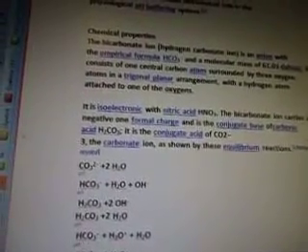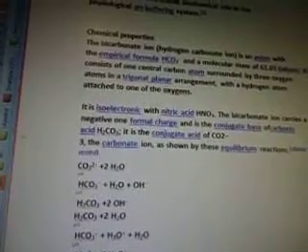It is isoelectronic with nitric acid, HNO3. The bicarbonate ion carries a -1 formal charge and is the conjugate base of carbonic acid, H2CO3. It is the conjugate acid of CO3. The carbonate ion is shown by these equilibrium reactions. So there's the